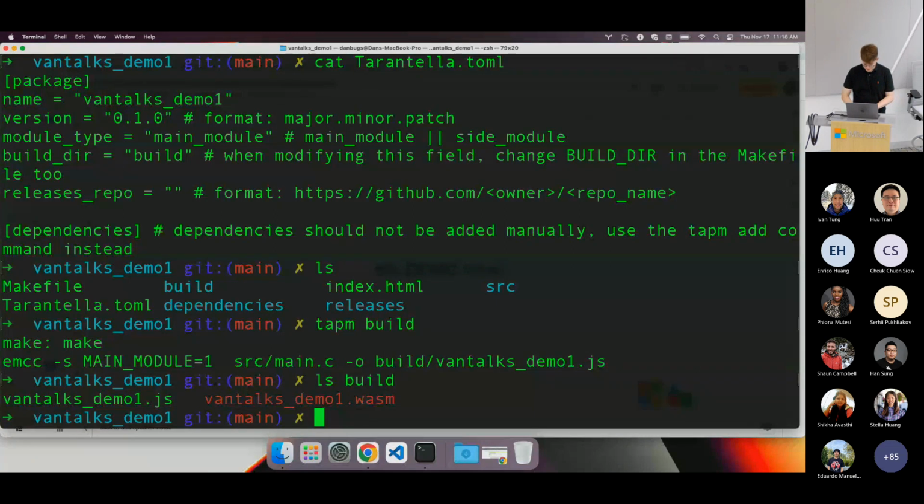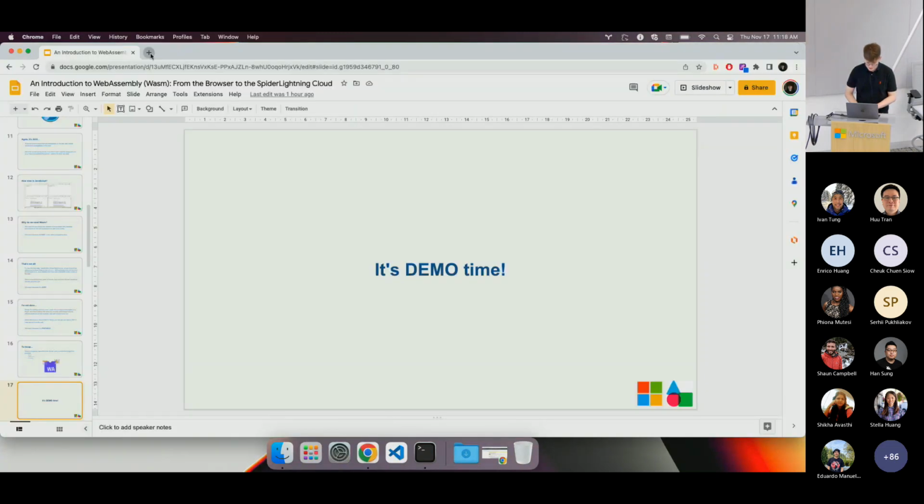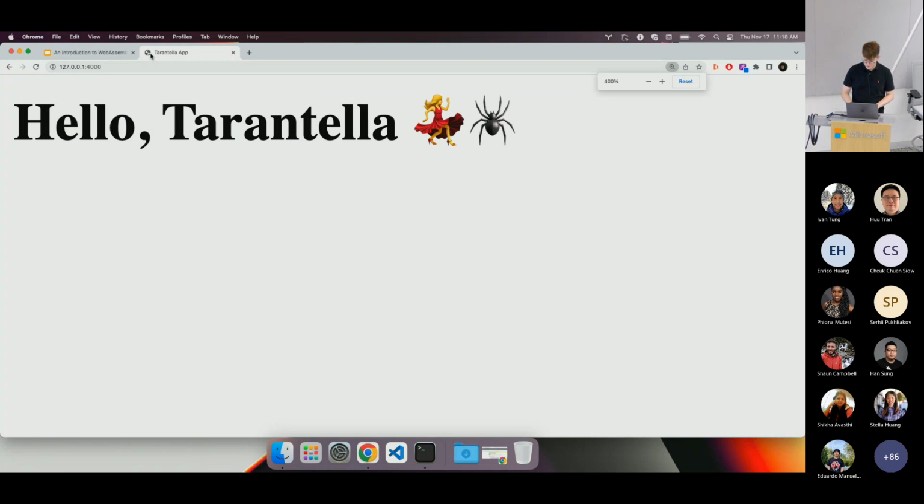But to demonstrate that, let's actually do a run. So we're doing tap and run. And now we have an address that we can follow to see it on the browser. So let's do just that. And there we go. We get hello Tarantella, which is not really what we were expecting, right? I thought we were going to get a hello. But the hello is there. It is just